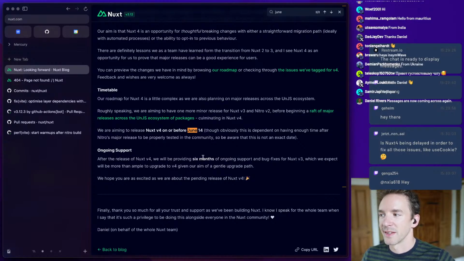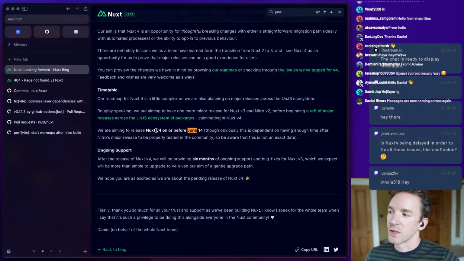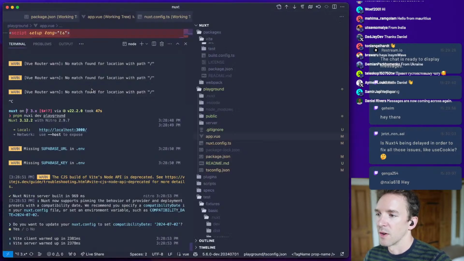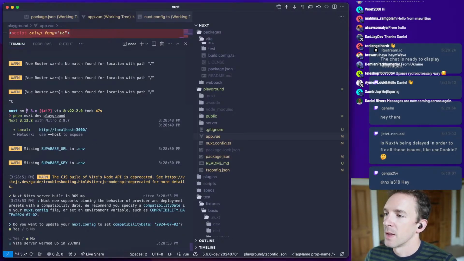So the changes in Nuxt have already been made, and you can test them with compatibility date. But the changes in Nitro haven't. So those changes are still being made, and there is lots of work going on it. That is currently what's happening right now.